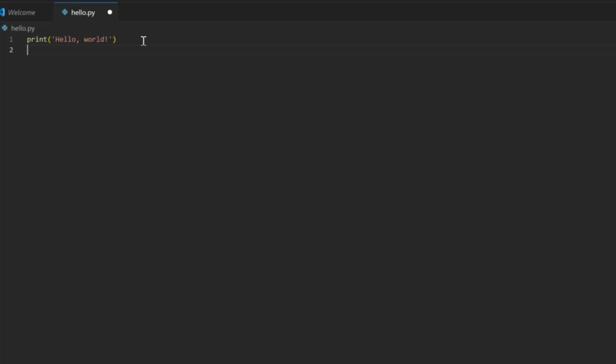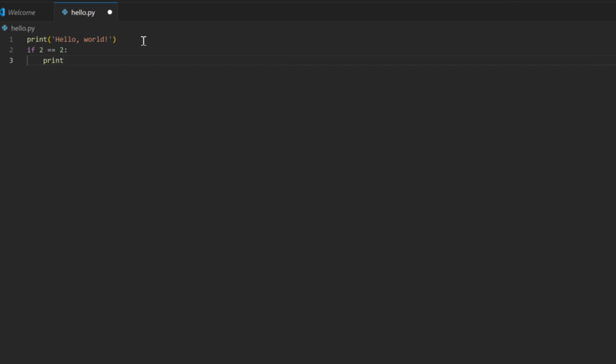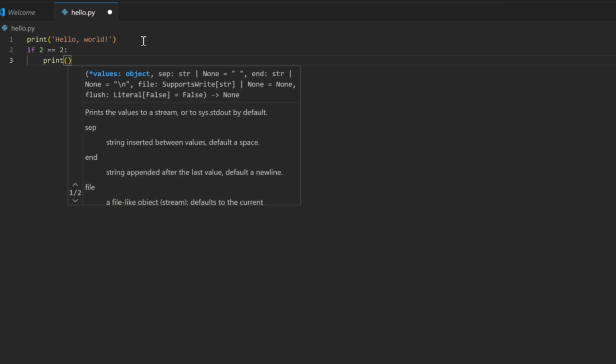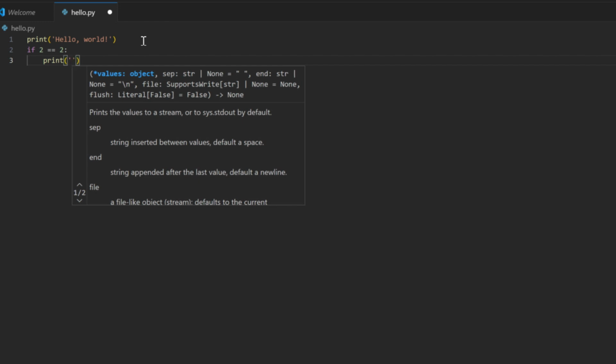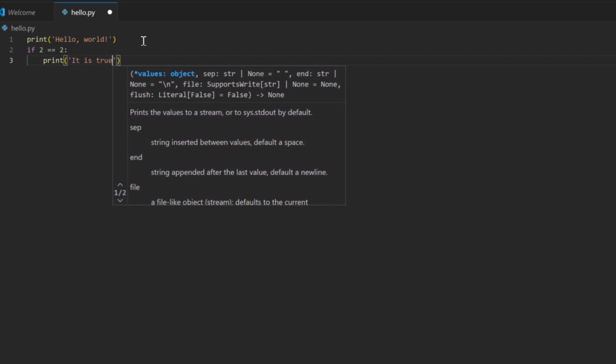So why don't we extend our code just as we did in Notepad++ with that simple if condition. So I can put in if 2 is equal, don't forget the 2 equal signs. So if 2 is equal to 2, followed by the colon, we automatically indent as we did before. And again, I can get into the same print statement as we had, with the same help being available to me.